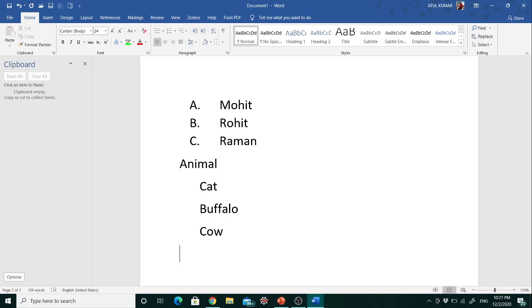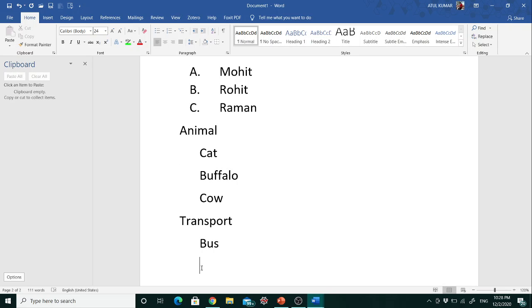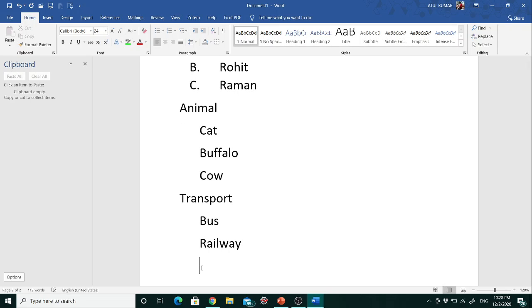And the next category of list, just to show you the use of multi-level list, I have transport. In this category I have bus, railway, and airline.